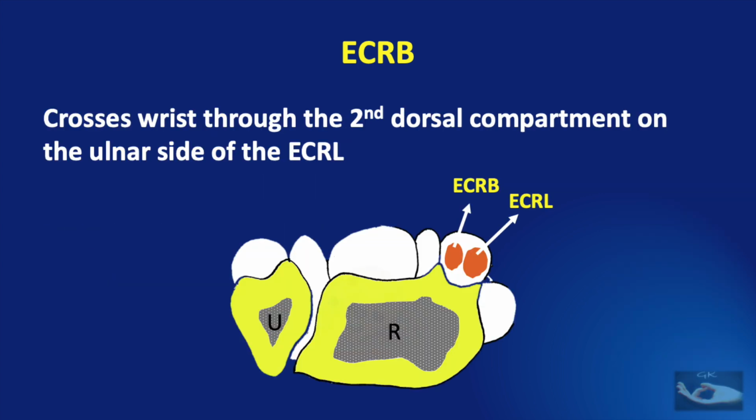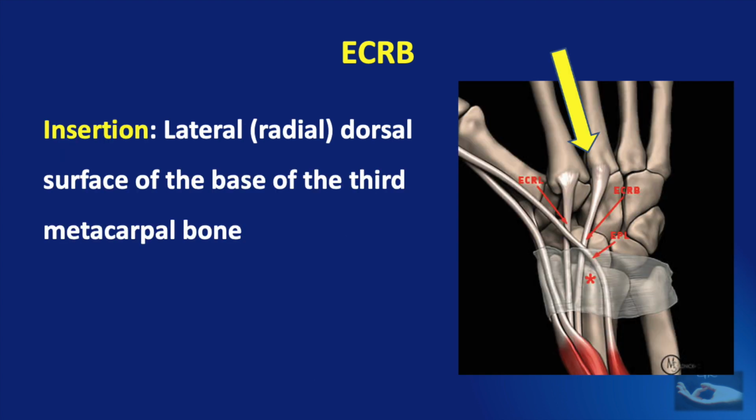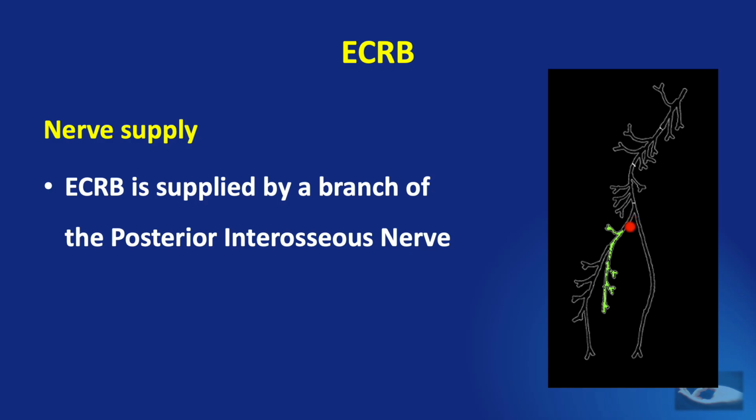It crosses the wrist along with the extensor carpi radialis longus tendon in the second dorsal compartment. It is inserted on the lateral or radial dorsal surface on the base of the third metacarpal bone. As we know, the third metacarpal bone is almost like the central beam of the hand. This muscle usually receives its nerve supply from the posterior interosseous nerve, which is the motor division of the radial